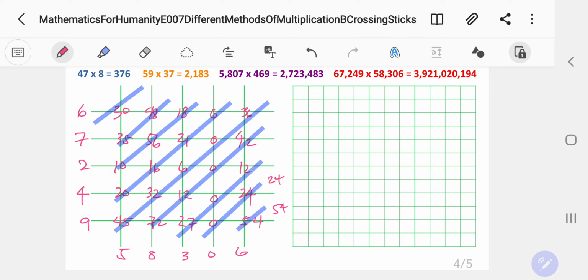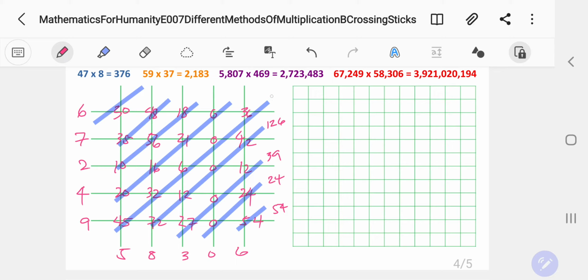Then you have 27 plus 12 would be 39. I hope we got them all right. 72 plus 12 would be 84, plus 0 would be 84, plus 42 would be 126. 45 plus 32 would be 77, plus 6 would be 83, plus 0, 83, plus 36 would be 89, plus 30 would be